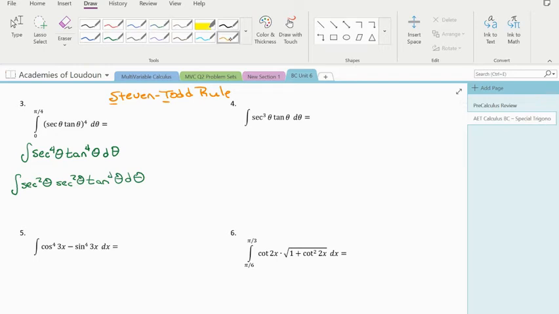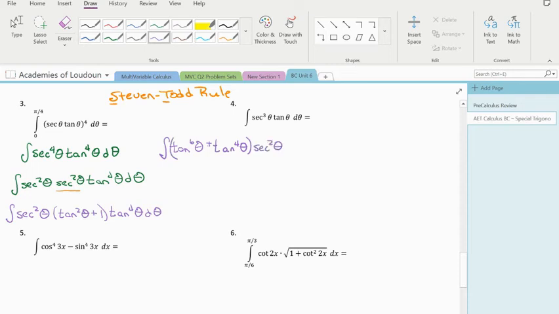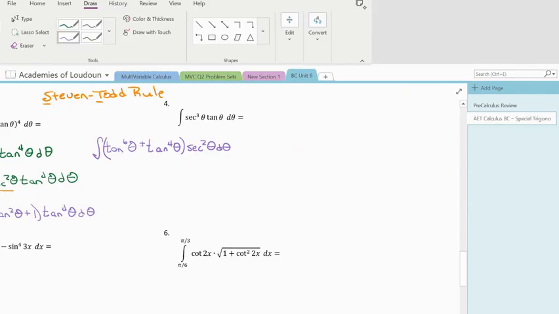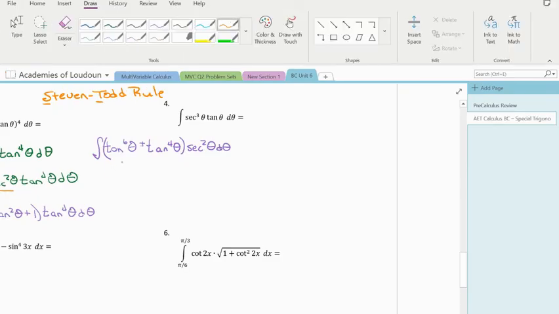We're going to convert this secant squared to tangent, and so we have secant squared theta times tangent squared theta plus 1 times tangent to the 4th theta d theta. And so we end up with tangent to the 6th theta plus tangent to the 4th theta times secant squared theta d theta, and then it's fairly easy to see that u